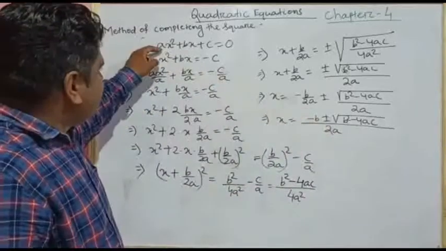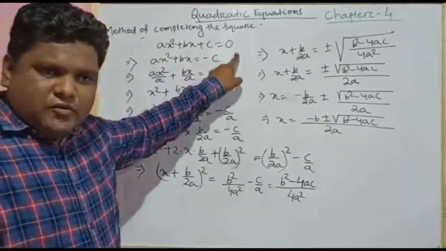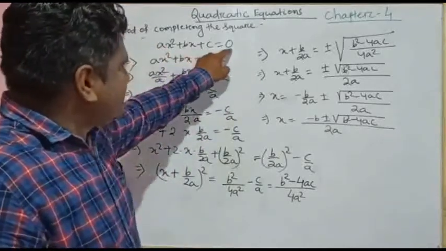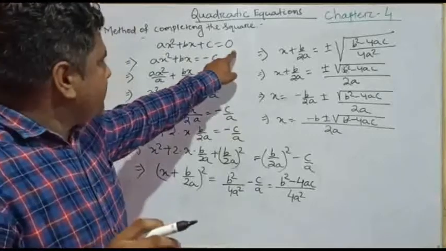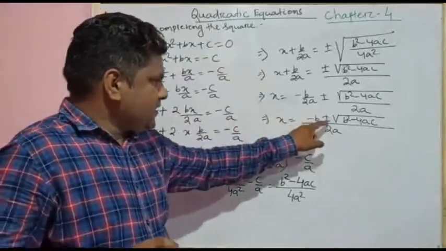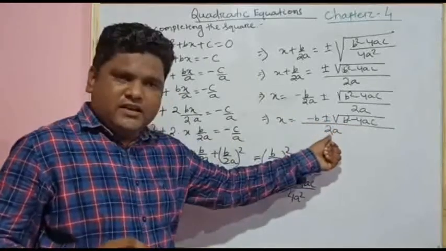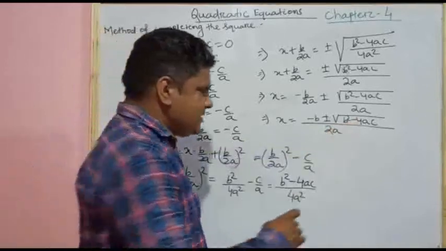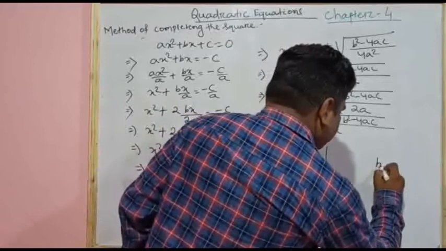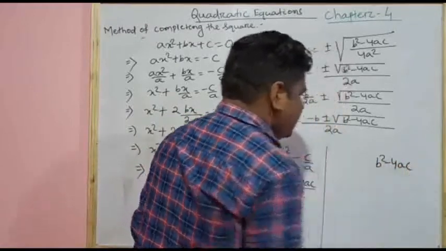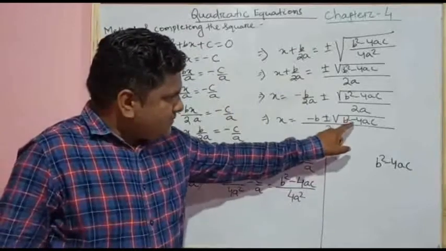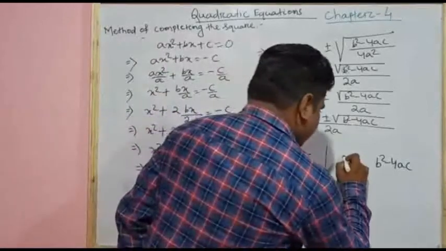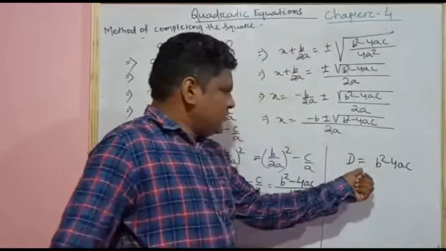We have solved ax square plus bx plus c equal to 0. So we can say what is quadratic formula. It is, if ax square plus bx plus c equal to 0 is a quadratic equation, then x equal to minus b plus minus root over of b square minus 4ac by 2a. It is quadratic formula, and the part inside the root over means b square minus 4ac. Value of the part inside the root over is called discriminant. Discriminant d equal to b square minus 4ac.